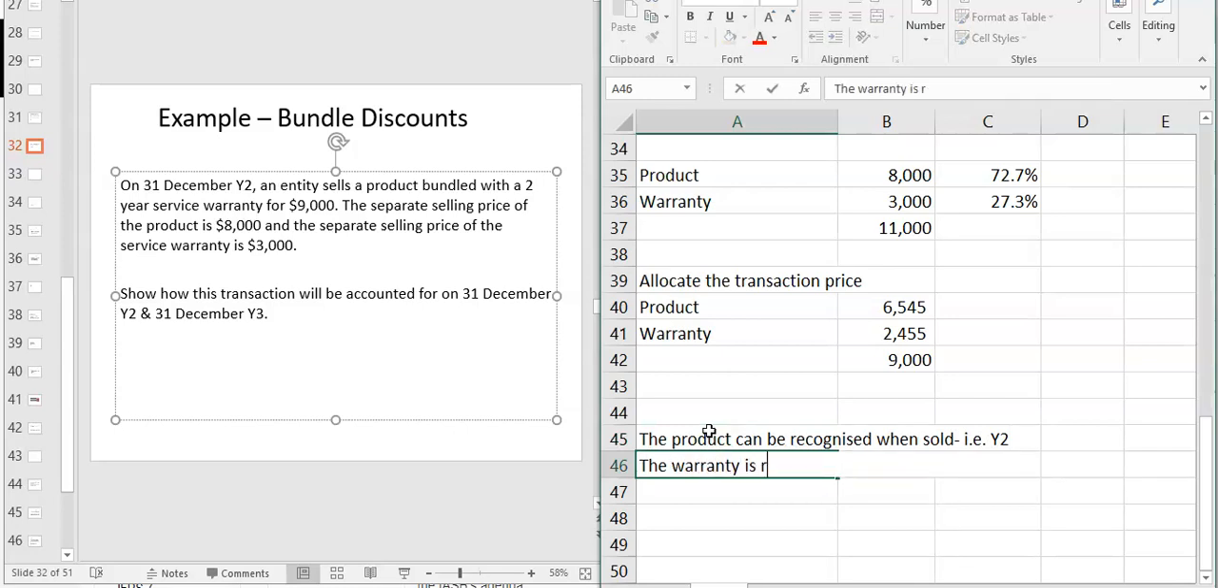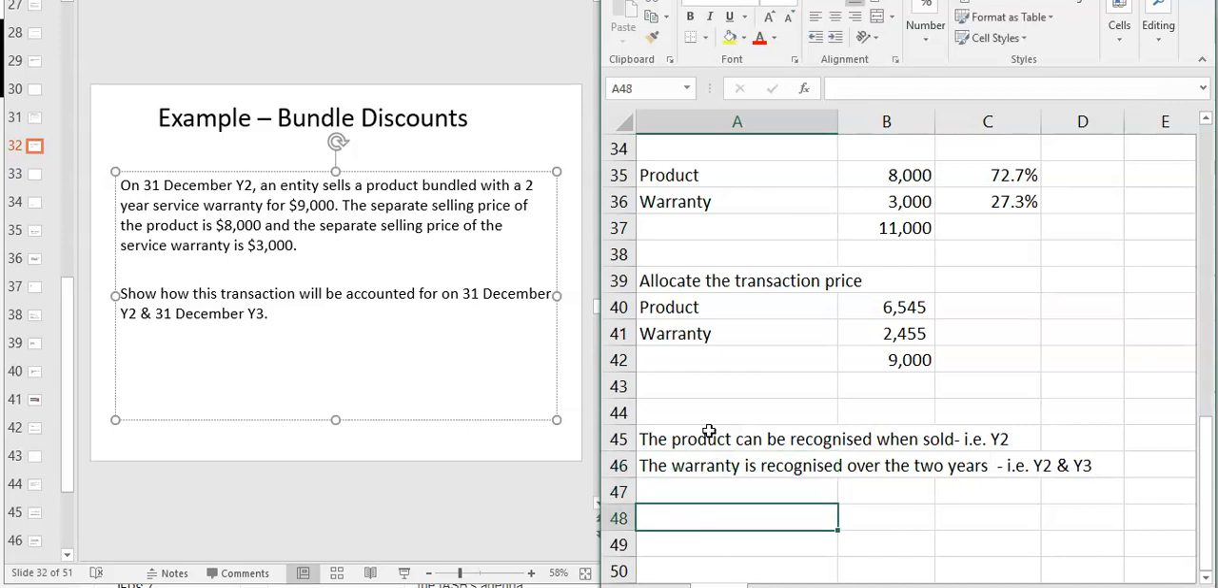The warranty is recognized over the 2 years, i.e. year 2 and year 3. So that's a distinction. The warranty is going to be recognized over 2 years because it's a 2-year warranty. So you'll recognize half of it in year 2 and half of it in Y3. So it's a difference. That's why we separate out performance obligations, because each of them has its own